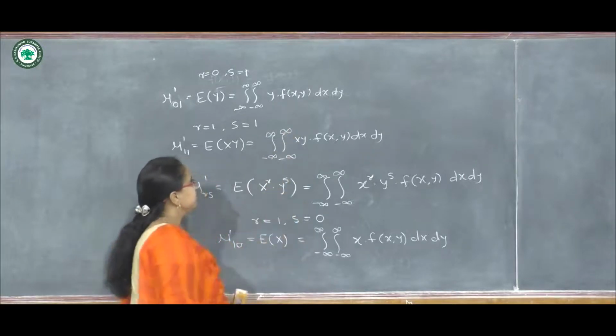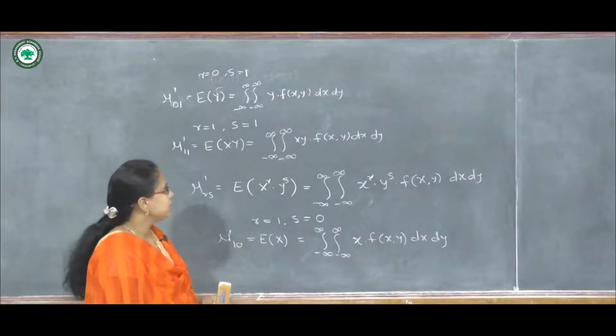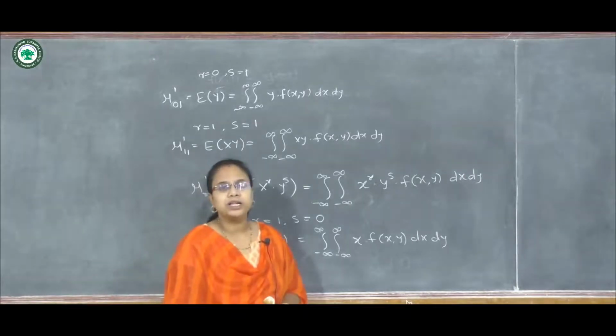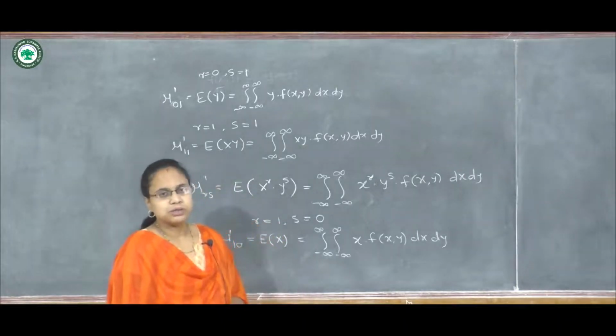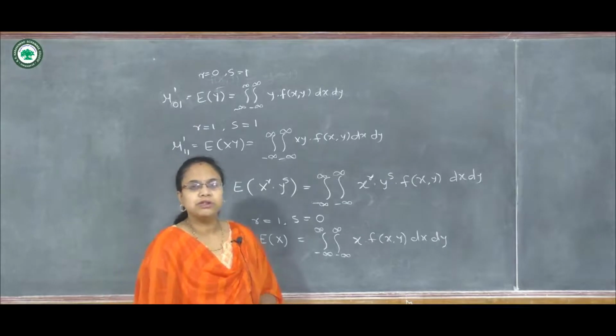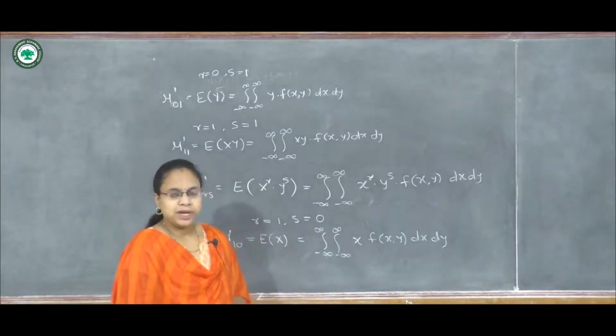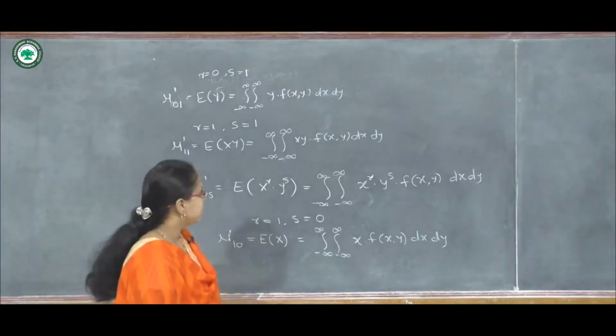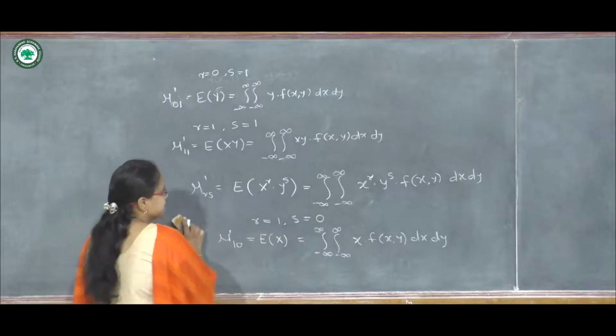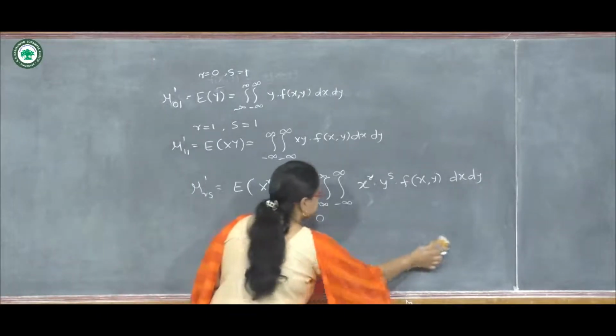So this is the expected xy. All these moments are required to calculate the Pearsonian's coefficients. Also we want the mean and variance of the distribution. That's why we need these moments. Then substitute